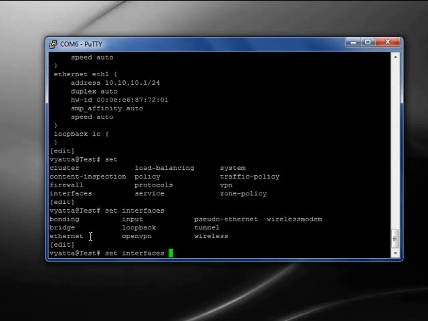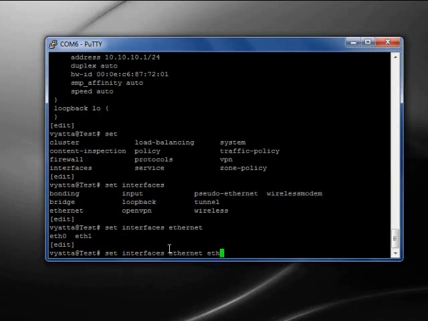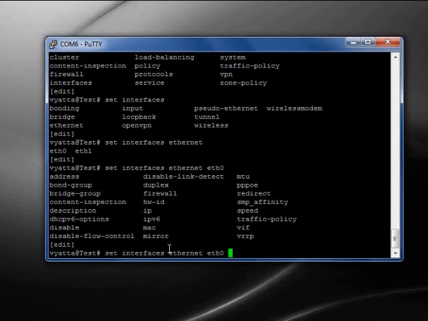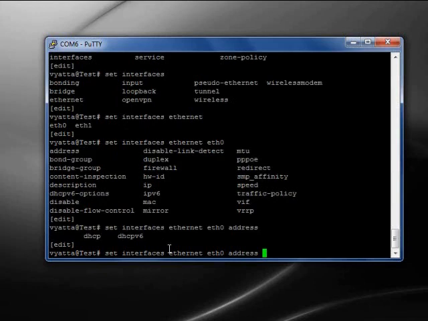Then we have to select Ethernet, tab again, Ethernet 0, again the tab, and we'll set an IP address first. So we have to type this command, and if we want to set the IP address for DHCP configuration, we can directly type DHCP